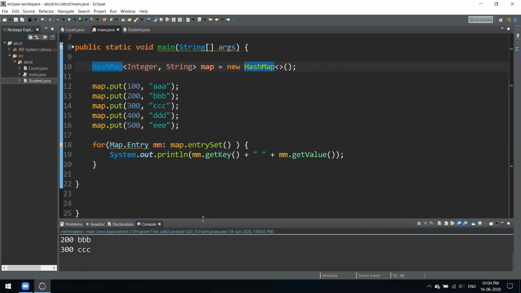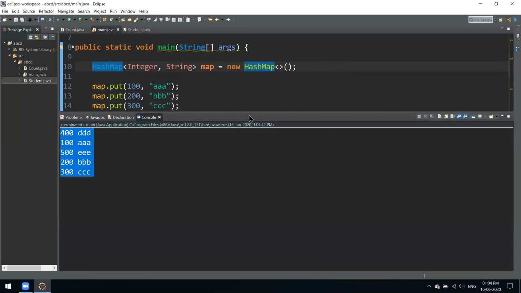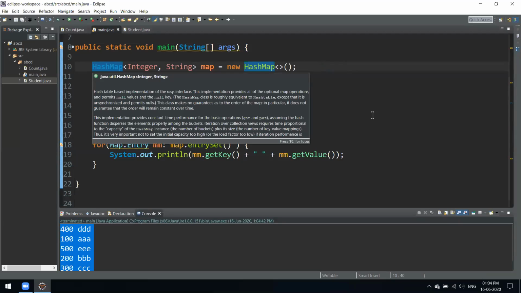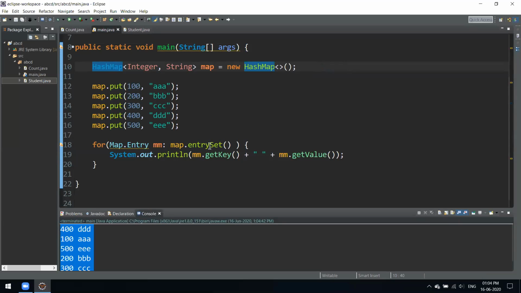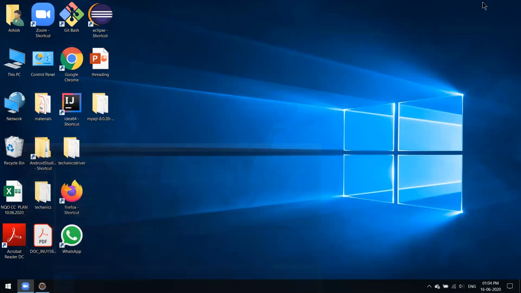See, if you use the hash map, it will use the concept of hashing, and it will store the data in random order. One more type we also have is a tree map. So you can check out all those. We'll wrap up with the collections for now, and we'll look into one more topic, that is multi-threading.